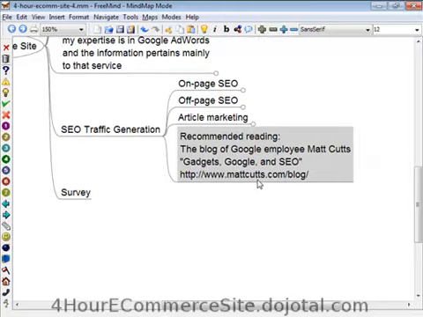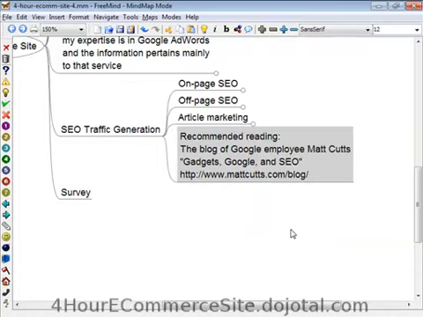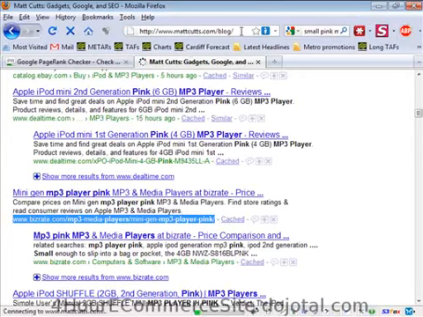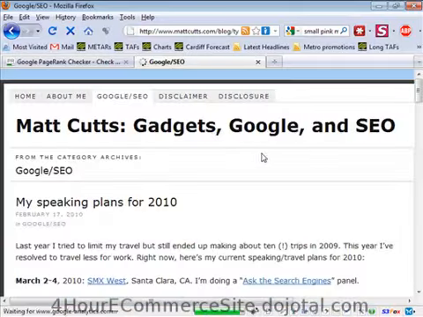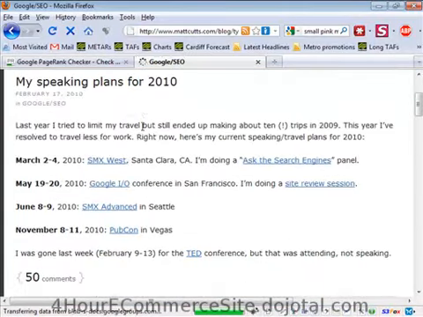There's one blog that I particularly recommend reading. It's a blog from a Google employee called Matt Cutts, and he tends to put up quite a lot of interesting content. Some of it is video, some of it is written content. It's not all about SEO. I guess if you click here, you just get the SEO stuff. Obviously you don't, because